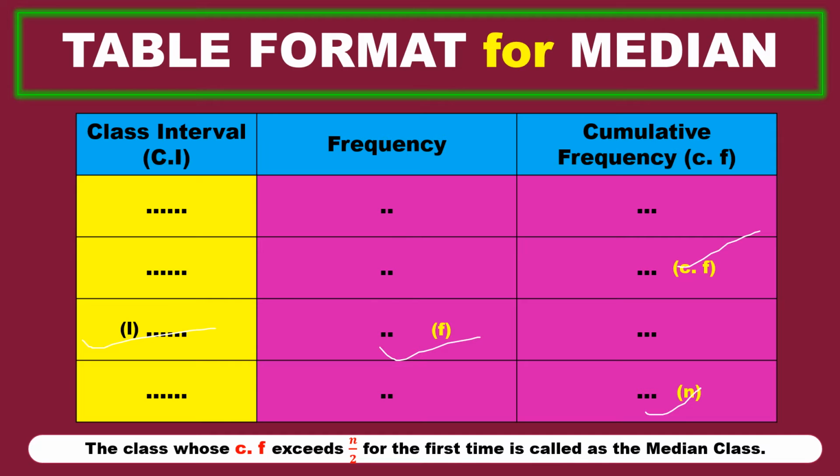Before finding the median, first you should be perfect in the median formula. In the formula you have all these terms: L, F, N, CF. For that we have written all these values, and now we can substitute in our formula. Again I am repeating, the main thing in finding the median is N. Depending on this N only, all these values are given. So let us take our problem and write how L, N and CF will be taken.